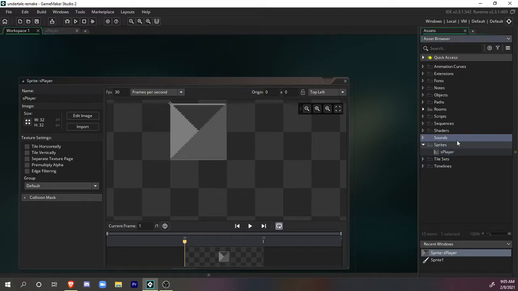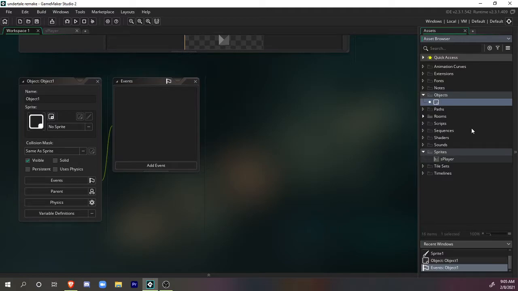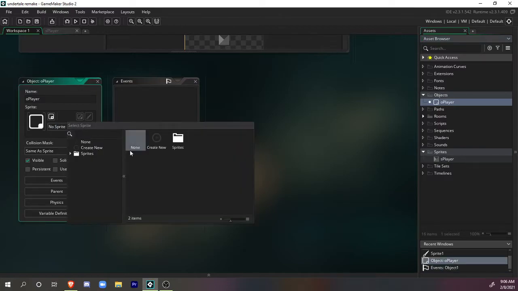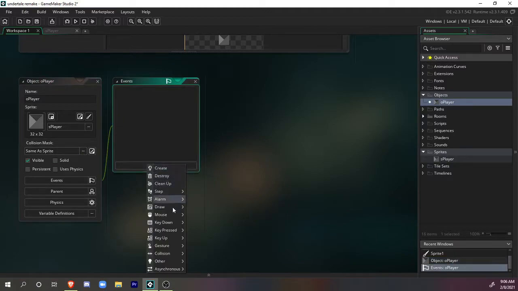Then we'll go over to this objects folder and press create and then object. In this I will say O standing for object, and then player meaning player. And then we go to sprites here, we go to S player, and then we go to add event